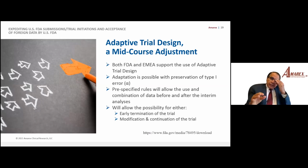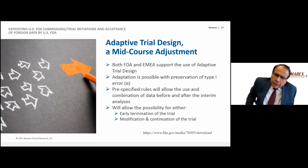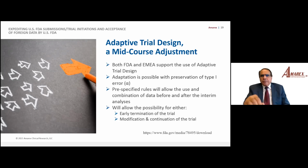The good thing is that we are using adaptive trial design for US and non-US, as long as you design it in advance, as long as you are negotiating with the agency in advance, absolutely you can use them in both places, anywhere really. We have not done it in Asian regulatory, but I do believe that if you discuss with them, there are